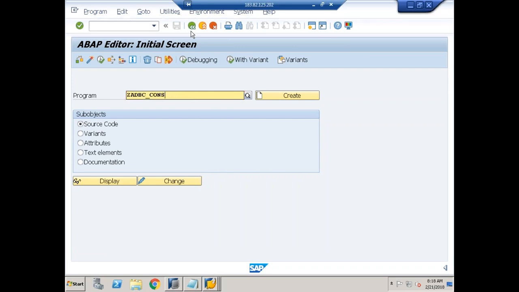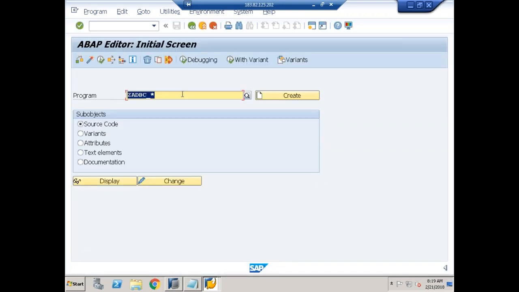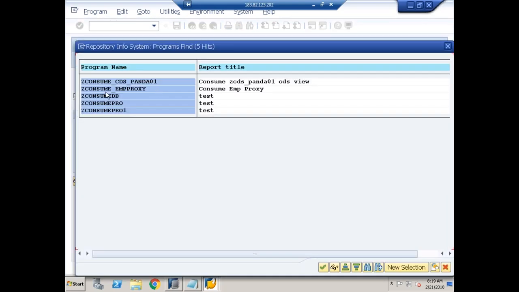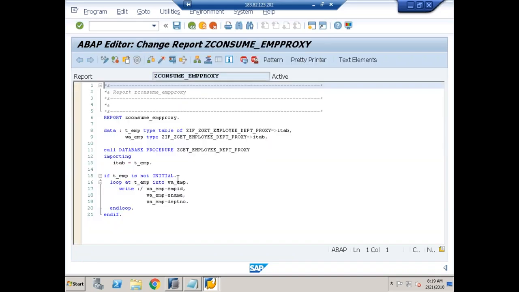What is the example which we did yesterday? Not ADBC, I think. Z_consume star, I'll say. This one, I think. Z_consume_EMP_proxy. Done. You can see I'm just using yesterday's syntax. This will give me an error now, because the signature of the proxy has also changed. So when I execute now,